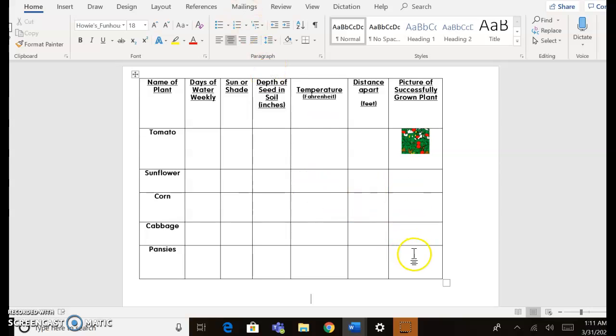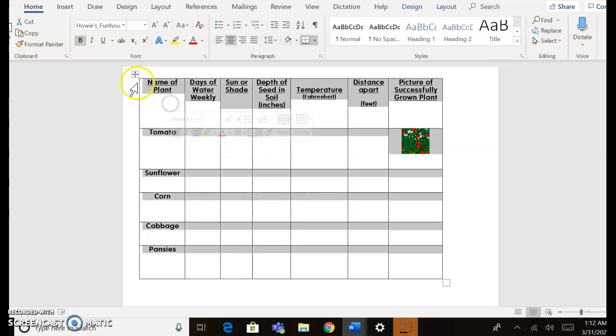I'm going to put my cursor here where it says pansies, because if you remember, we snipped a picture of the perfect pansy from your virtual garden. So I'm going to put my cursor here in the column where it says picture of successfully grown plant. So I'll put my cursor here, and then,